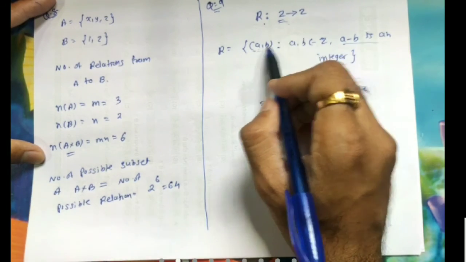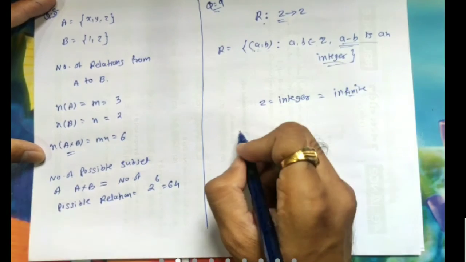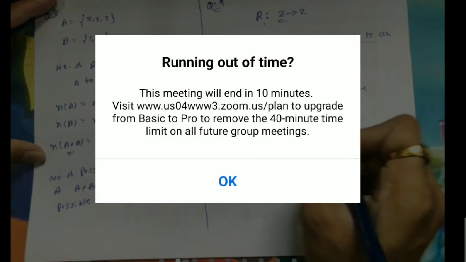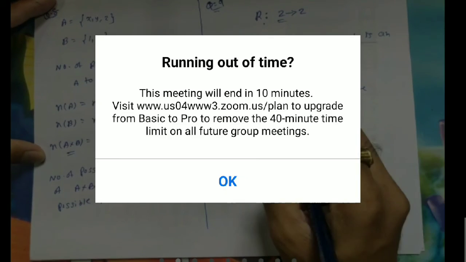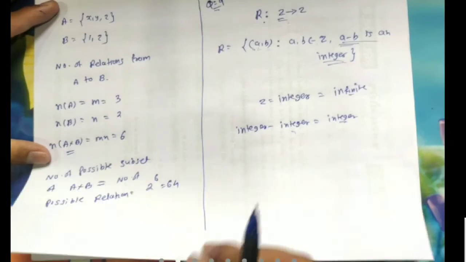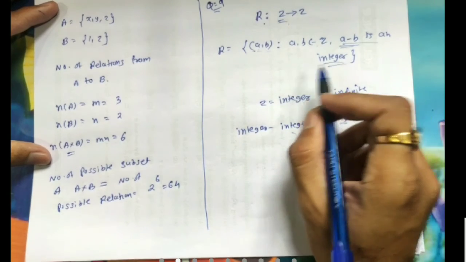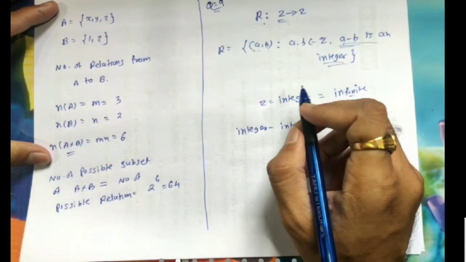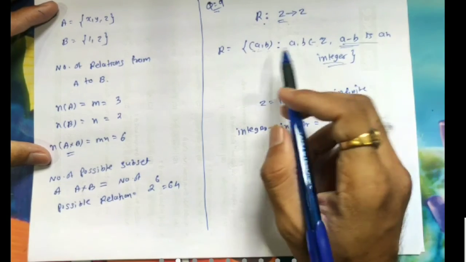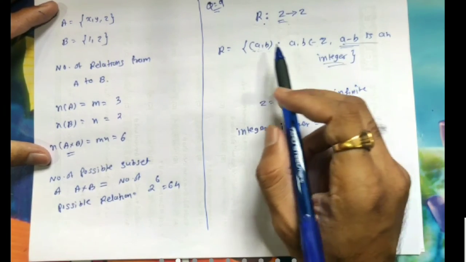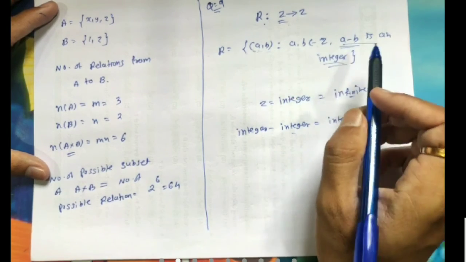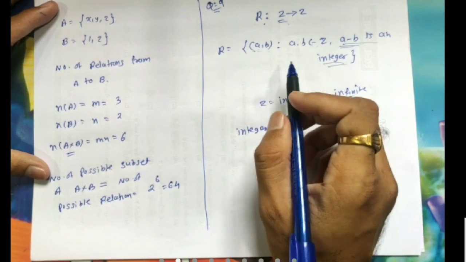Because the difference of any integer with an integer will always be an integer. Integer minus integer, for any integers, will always be an integer. So infinite ordered pairs are there. So relation R will be an infinite set, so we can't write it in roster form, I told you this earlier too. If set A is the set of people of India, where would we write it? Similarly here infinite elements are there, so we can't write this set R in roster form, it will always be in set builder form.